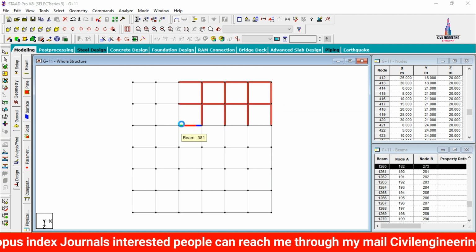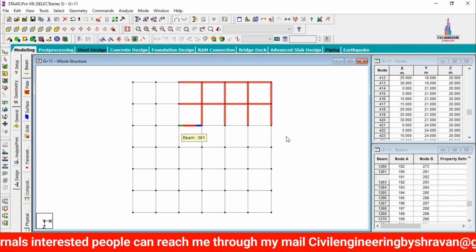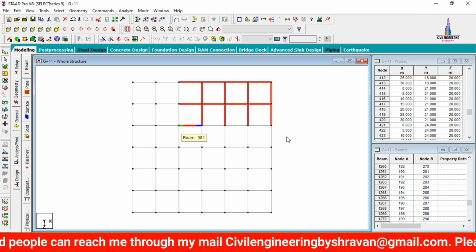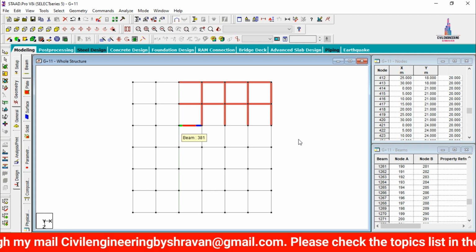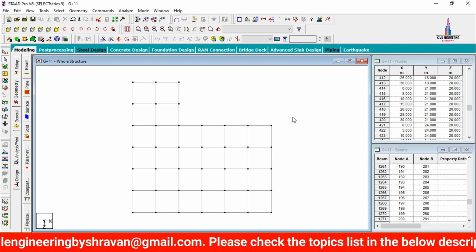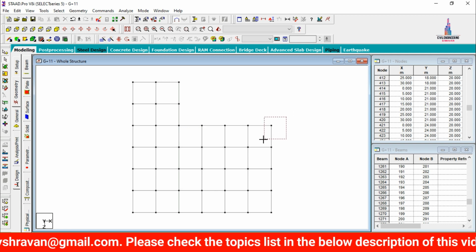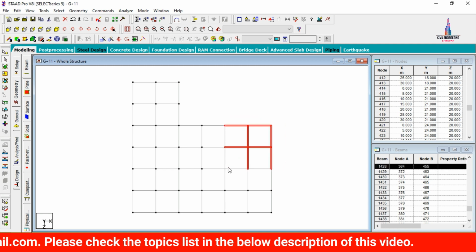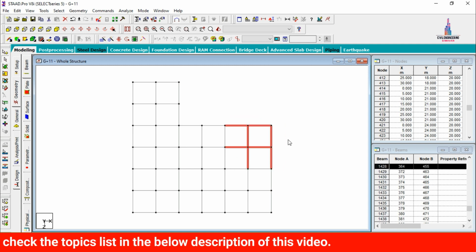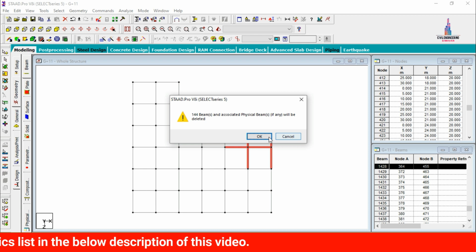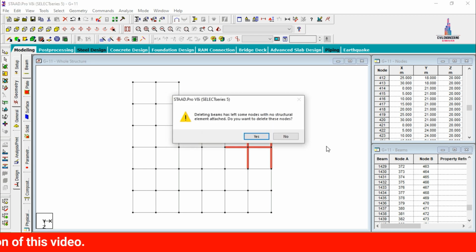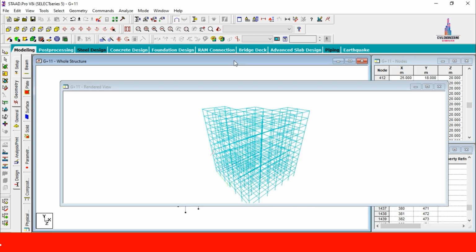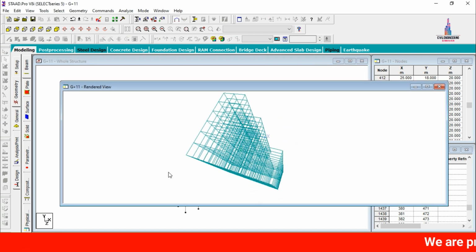Initially click on the Delete option, click on Yes, so that it can make the horizontal irregularities up to a certain portion. After that we have to delete some more beams and column sections for this 12-story building. For that, I am selecting these objects here like this. Click on Delete, click on OK. It will delete all the remaining beams and columns at this position. Now you can see this is the 3D model for this irregular structure.